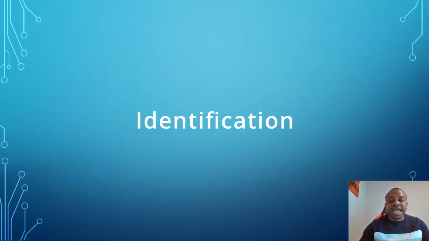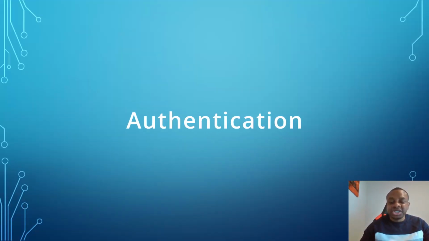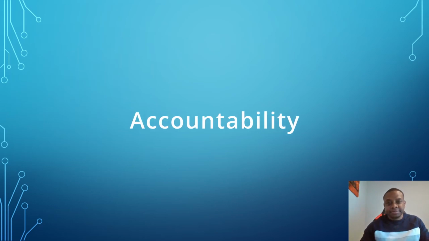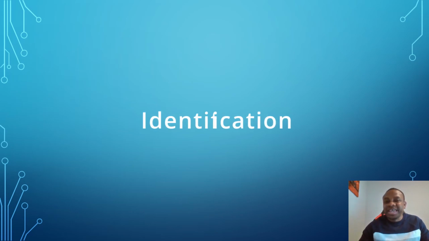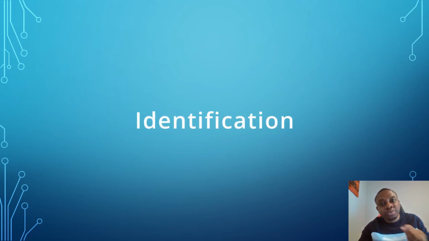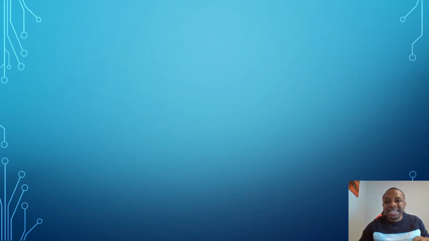We'll be looking at identification, authentication, authorization, auditing, and accountability. Identification is the process by which a subject professes an identity and accountability is initiated. Now, I'll be using a scenario. Let's say you come to my home and you press the doorbell of my home and I ask, who is at the door? And you tell me my name is James Maxwell. That's the process of you identifying yourself.